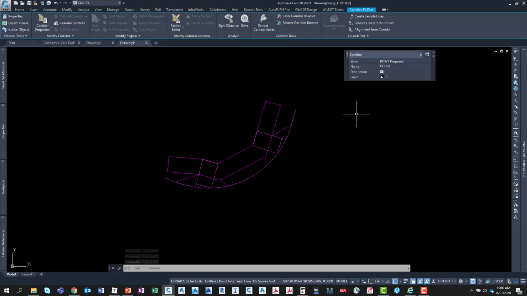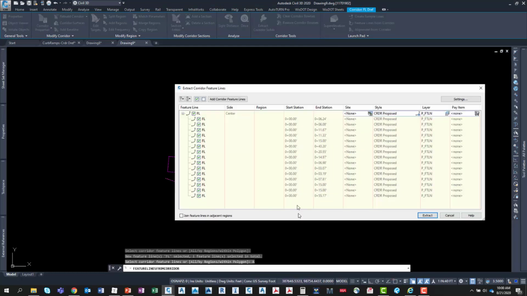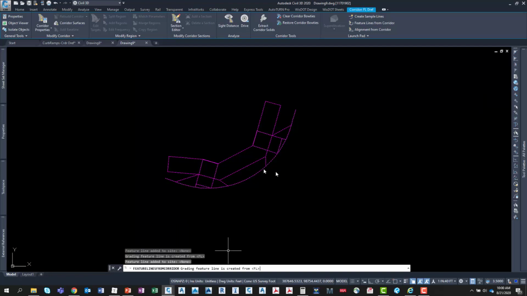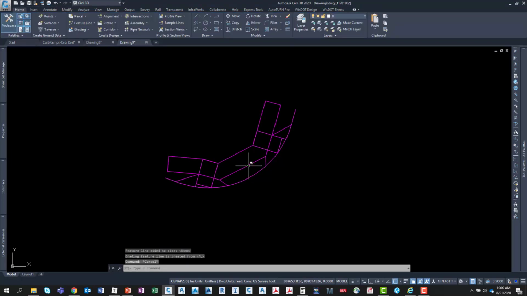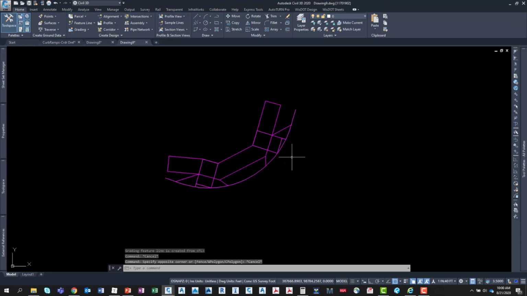And now I can extract those feature lines. So if I say feature lines from corridor, and click on it and then choose all those feature lines, they get extracted. Naming isn't going to match, but the feature lines are there. So now we have feature lines that are from that corridor. So essentially, we kind of derefed the corridor, the feature lines. It's not layer or object by object, but